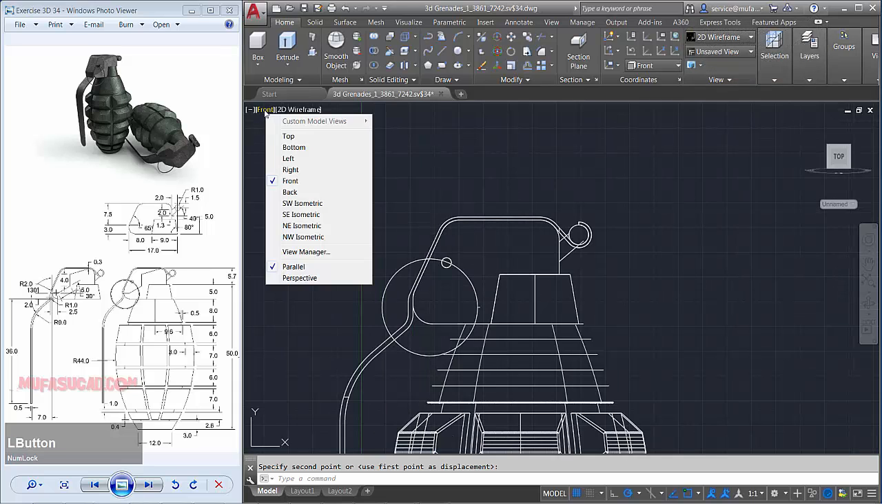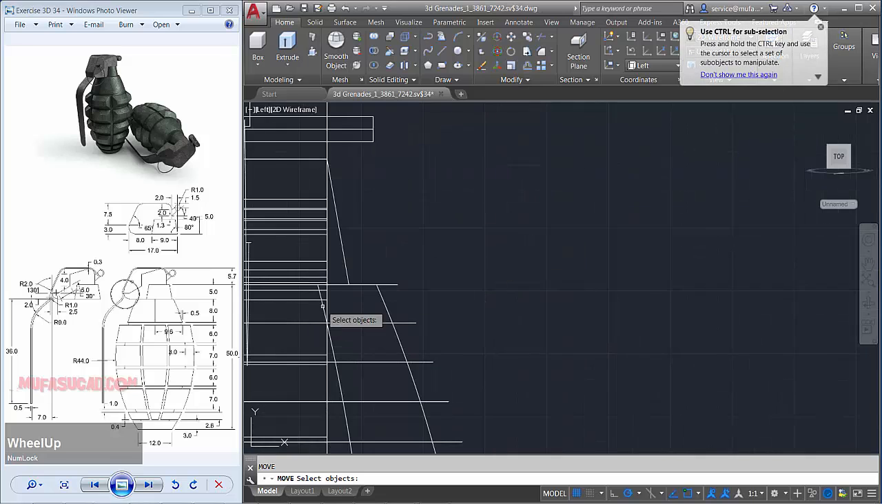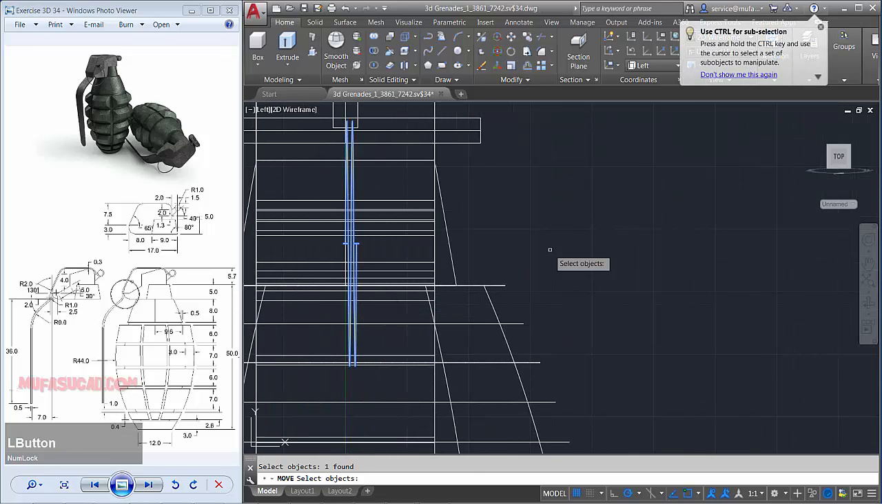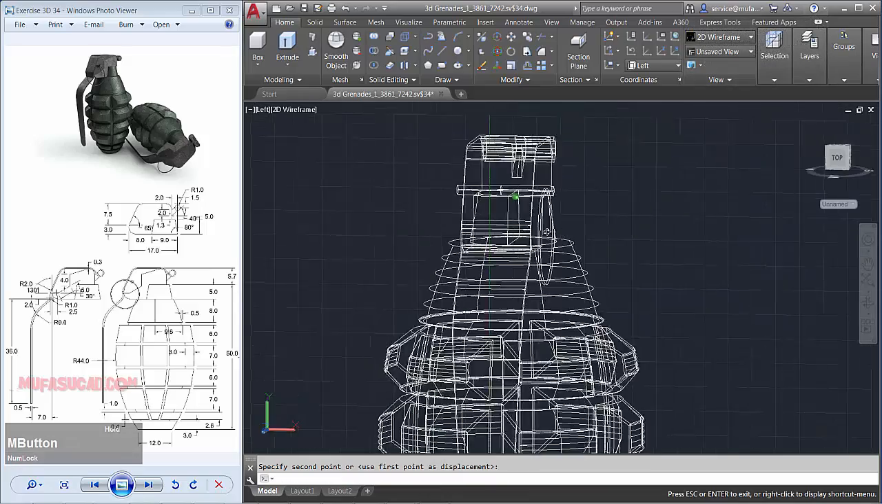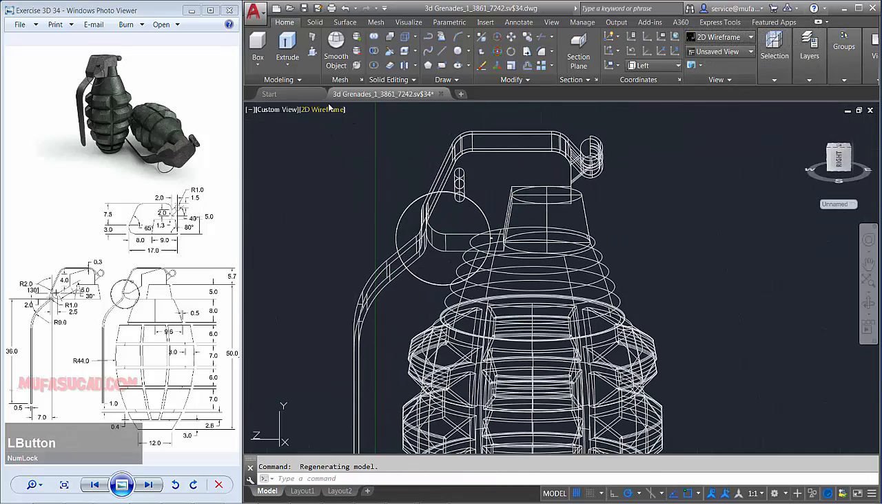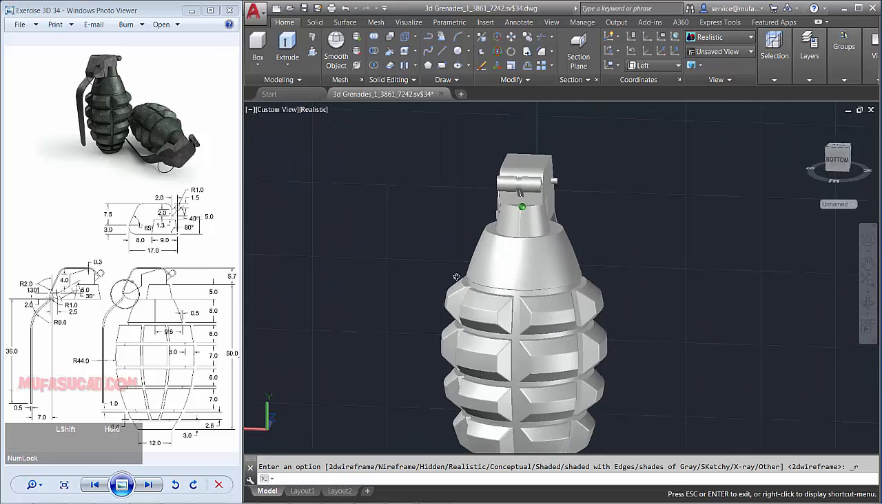Okay, and change into left view. I will move this object to this point. Okay, now you can change into realistic view to view the object. We already create this object,